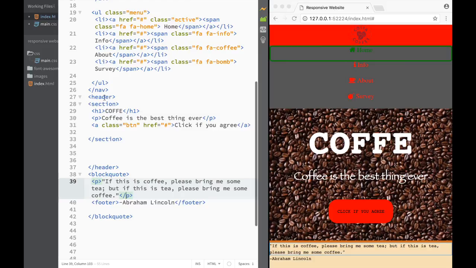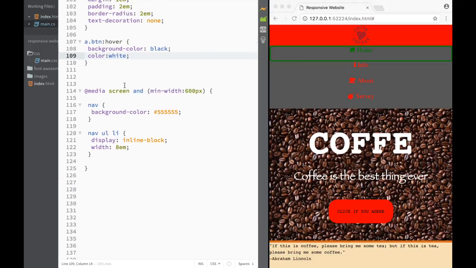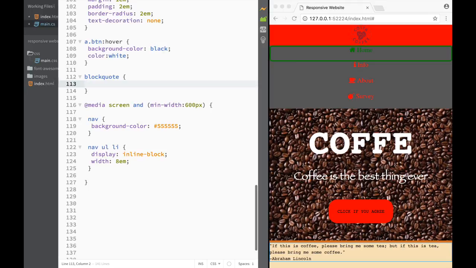So what we would need to do right now is actually go ahead and style this block quote, right? So we go to main CSS, and again, we don't need to worry about right now about our media queries, and we can just continue over here and actually say that we would want to style this block quote. So I'm just going to say that I would want a block quote selector over here like this. So now I'm selecting a block quote, and again, I would want a padding to be something like 1 EM